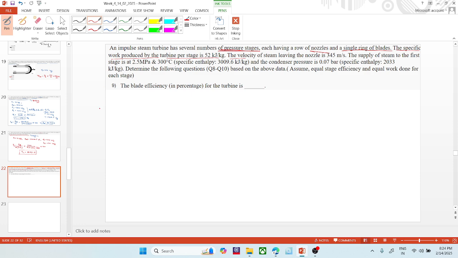The specific work is defined as the rate of work produced divided by mass flow rate. So the ratio W dot by m dot, they have provided the value as 52